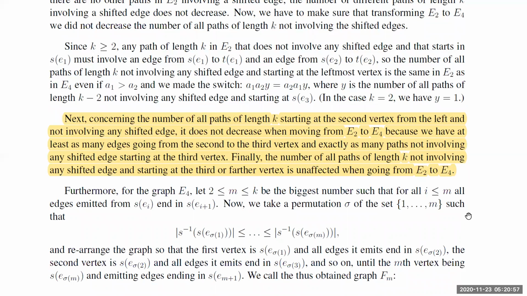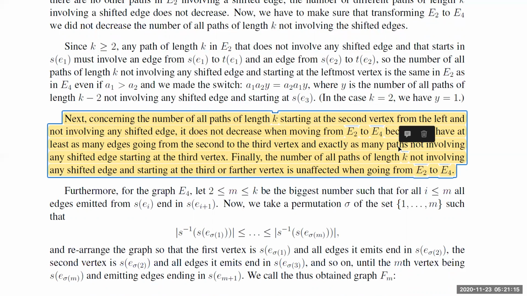I took you to the graph E4, and I hope that I convinced you that we have not lost any paths of length k. We have at least as many paths of length k as we had. Obviously, we didn't lose any edges, and we did not introduce any loops. Okay, so if you want,